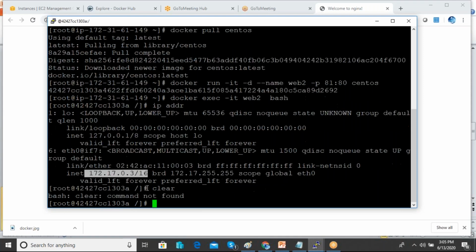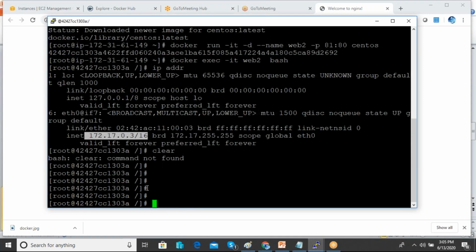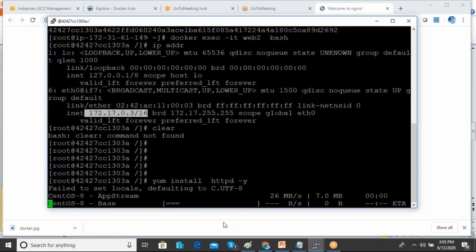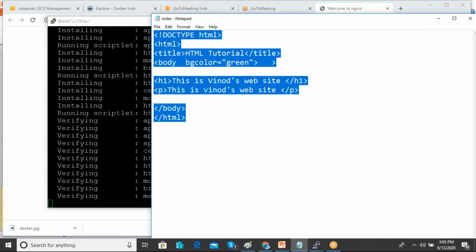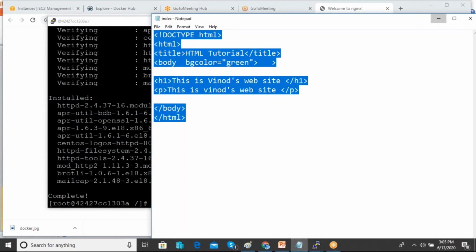So I can install some application inside this container. yum install httpd. I'm going to install a web server in this machine. After that, I want to create an HTML page inside the container.